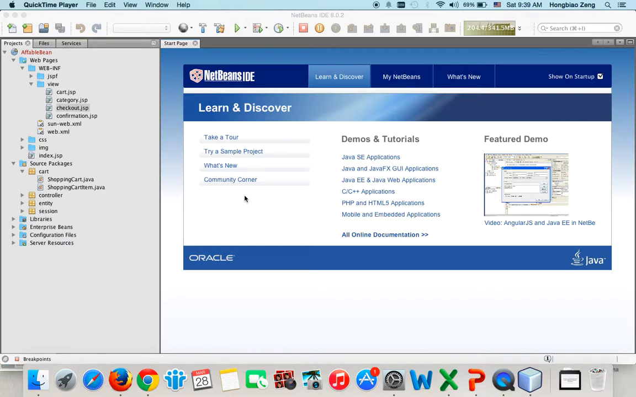Our first task: examine ShoppingCart.java and ShoppingCartItem.java files. This is the NetBeans e-commerce tutorial snapshot 5. Let us expand the source package. Then you will see a cart sub-package has been added. In this cart package, there are two .java files. One is ShoppingCart.java, another is ShoppingCartItem.java. Let us examine